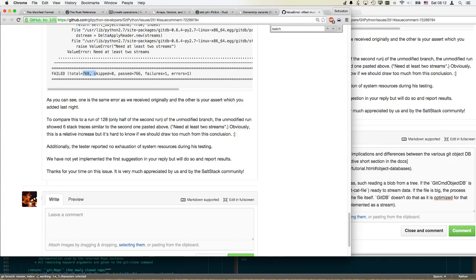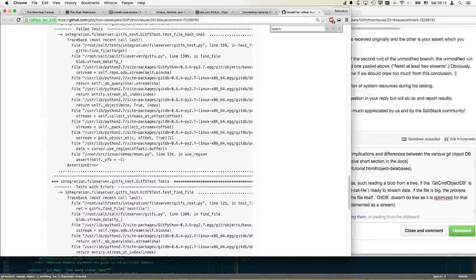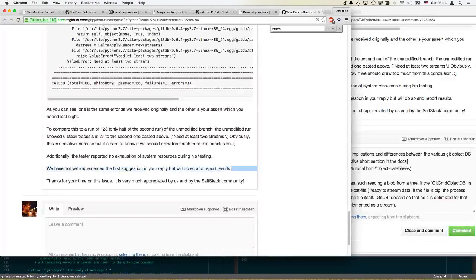We have not yet implemented the first suggestion in your reply, but we'll do so. Yeah, that's definitely something you have to try, because that kind of circumvents all the git pack stuff that happens here, or the git-db stuff. Yeah. Okay, but maybe there's more you can try. Because